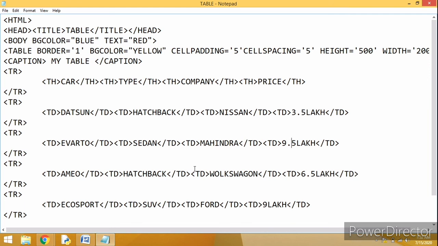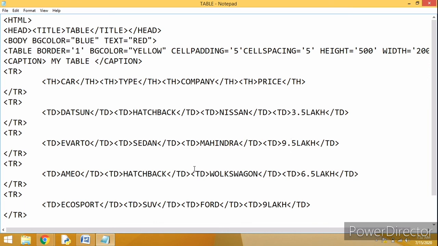Similarly, for generating a table, we have to give the name of the table, and the name of the table is generated with the help of which tag? Come on, tell me. Caption. Caption.